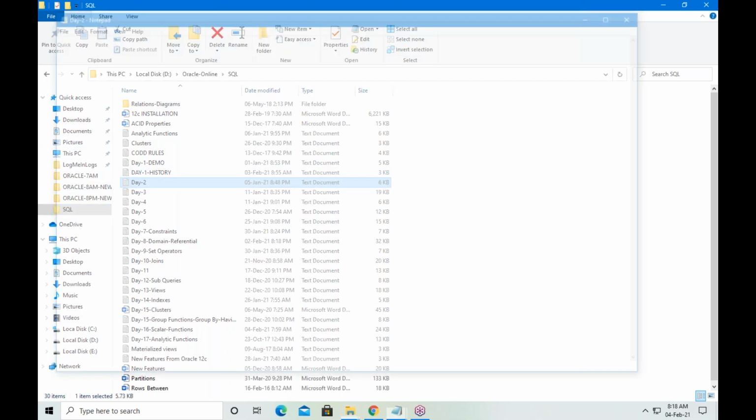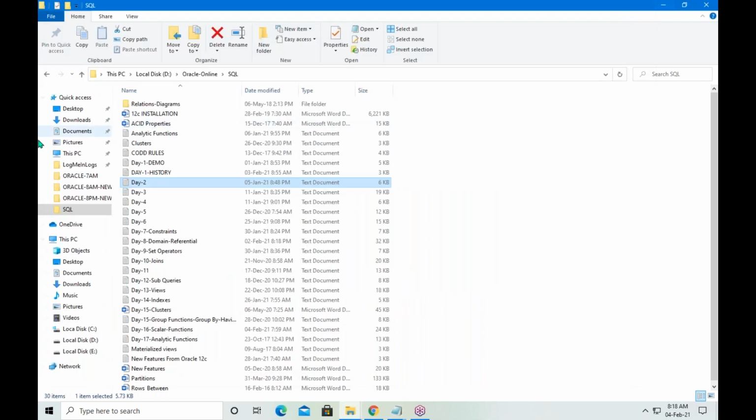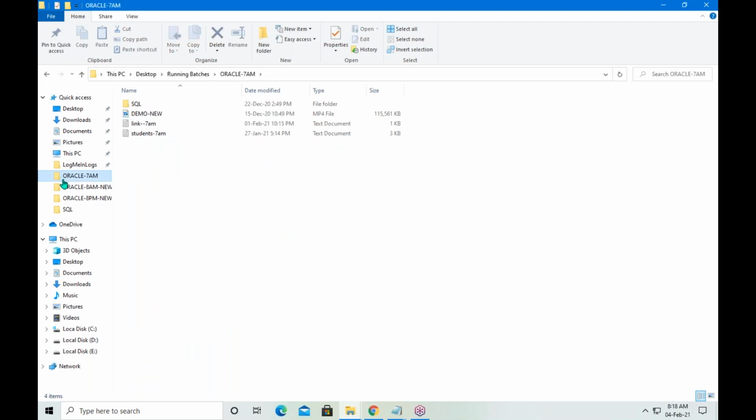Okay. How to store data? We can store data in the form of tables. In any RDBMS, we can store data in the form of tables. If you want to store data in the form of a table, first we should create the table.